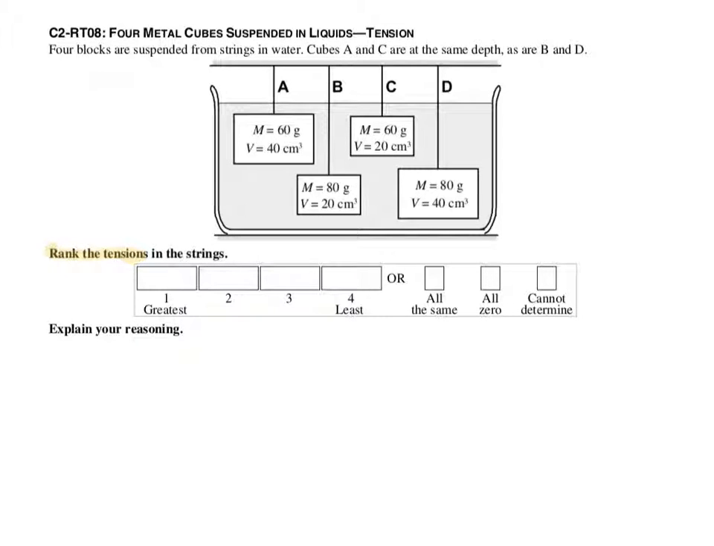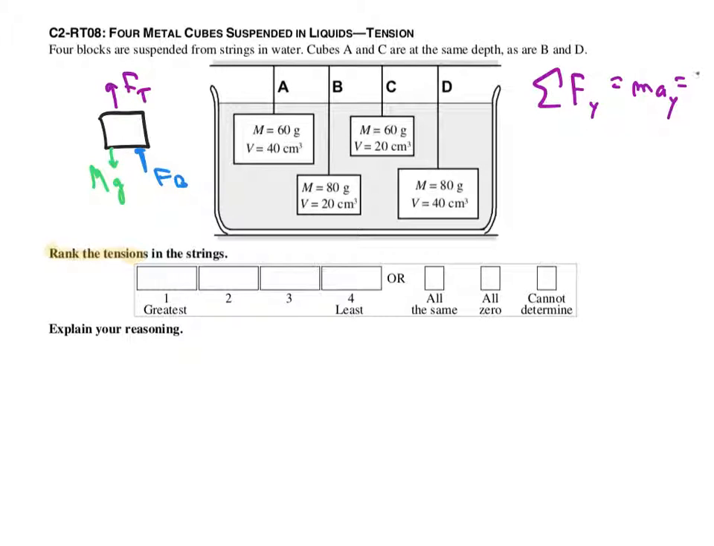So let's look at case A as our prototypical guy. And we know that in case A, there would be, of course, the weight of A, which is mg downward. There'll be a buoyant force pulling upward, and there'll be a tension in the string also pulling upward. That's what we're looking for. And we know that the sum of the forces in the y direction has to be the mass times the acceleration in the y direction, and they are suspended and hanging out, so the acceleration is 0, so the total